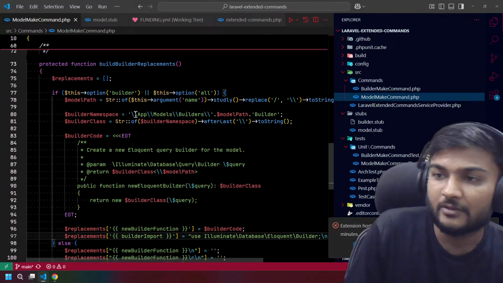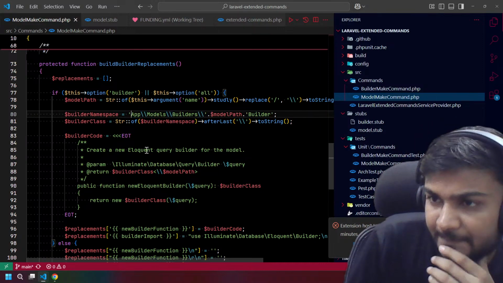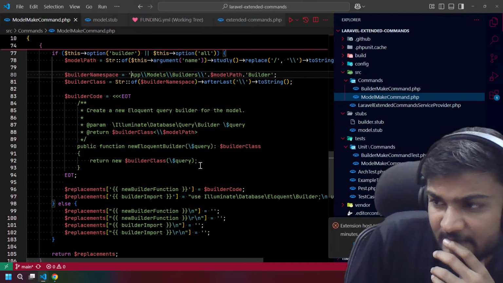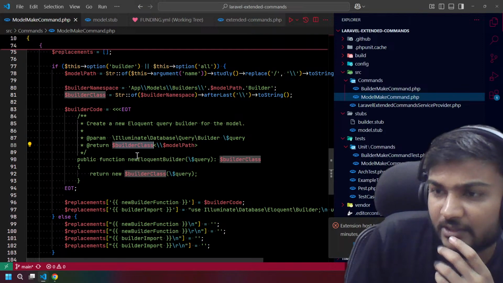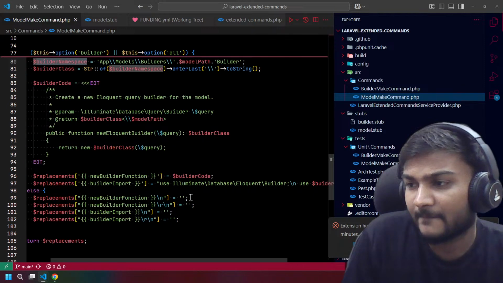But now this will hurt us, actually. We need to remove this, and we are using it here. Here we are using the builder class, which we don't need. We are actually not using builder names anyway, so that will not hurt us, right?